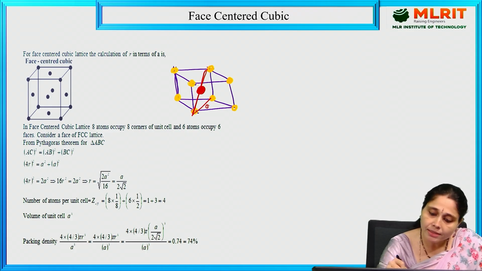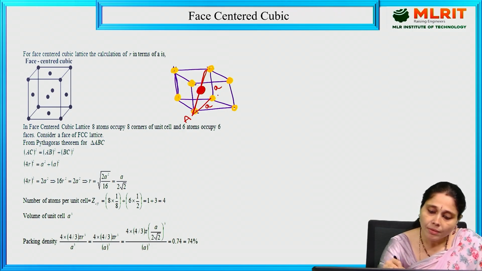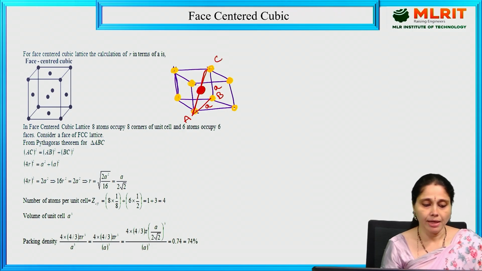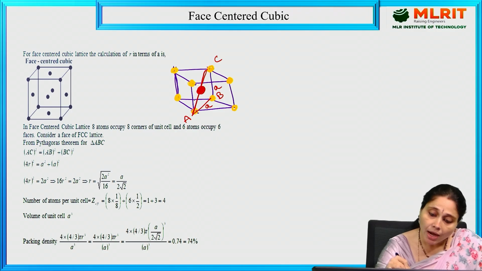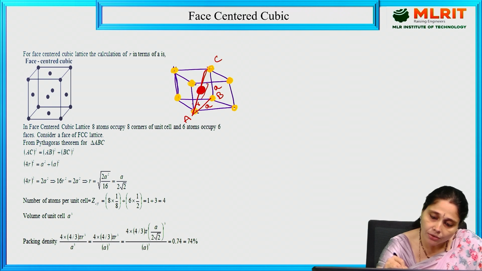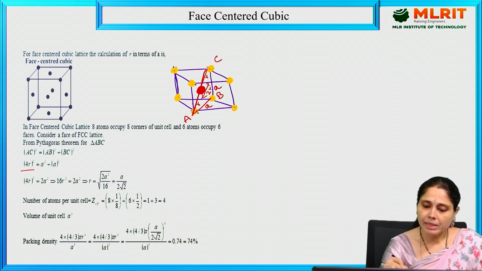So this is having unit length A, this is having unit length A. Now let us consider A, B, C as a triangle. From Pythagoras theorem of triangle ABC, AC square is equals to, this total length is 2R here, here to here 2R and also R. So AC square is 4R whole square. Next, AB square is A square and BC square is A square.